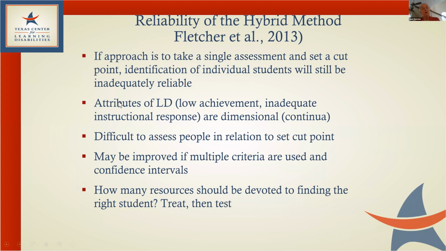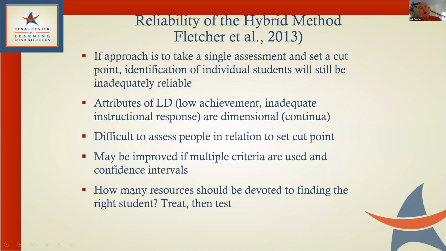That's because the attributes are dimensional. It's difficult to assess people in relation to a set cut point, but you can improve this if you use multiple criteria, like more than one assessment of instructional response, an assessment of instructional response with norm reference assessment, and if you think about confidence intervals, or setting the bar really high to reduce the number of kids who are